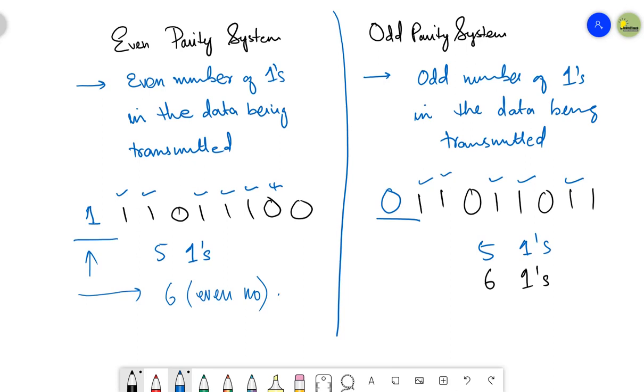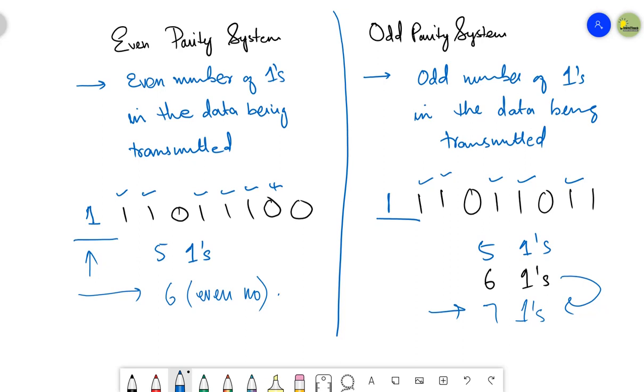But I have already mentioned that if you are using an odd parity system and you have an even number of ones, then you must set your parity bit to 1 in order to make the total number of ones odd. So from 6 it is going to be 7 along with the parity bit. In this way you have to make your number of ones odd if you have an even number of ones in the data bits.